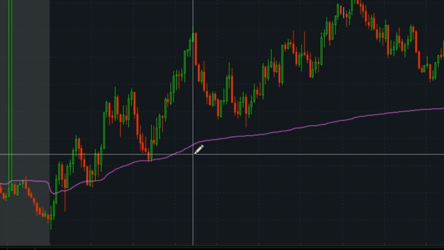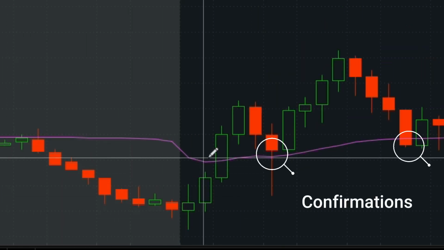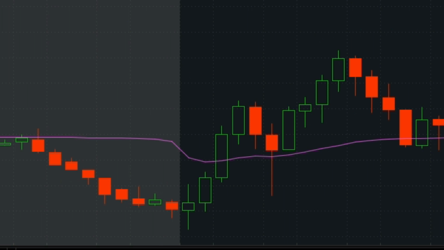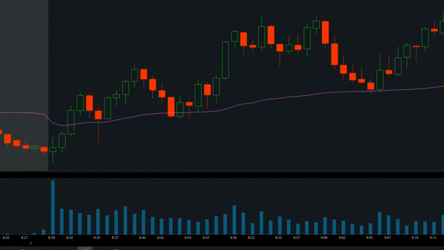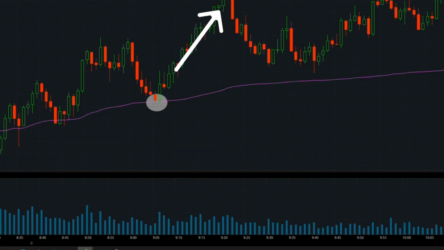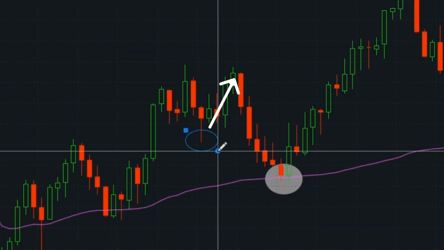In this case, you can identify two different support holds at the volume weighted average price, and then you start attacking pullbacks. Now, some traders like attacking pullbacks all the way down to the VWAP like you can see here, and that works great if you're attacking a longer term VWAP bounce strategy. You can hold it a really long way and get a lot of reward out of that trade, or you can attack smaller pullbacks like this one here,